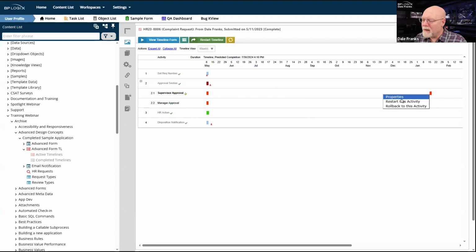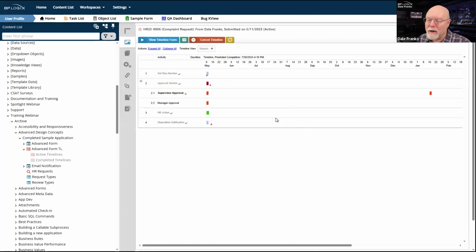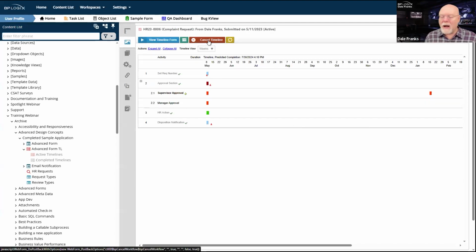And I can also go ahead and cancel these activities. By the way, notice at the top it said restart timeline. I had to hit the refresh so that I get my cancel timeline button back, because I'm not going to restart the timeline anymore. I already restarted it. Let me switch this back to weeks, by the way. I already restarted it. However, it was still showing me restart timeline. Didn't want to see that. So I hit my refresh button.